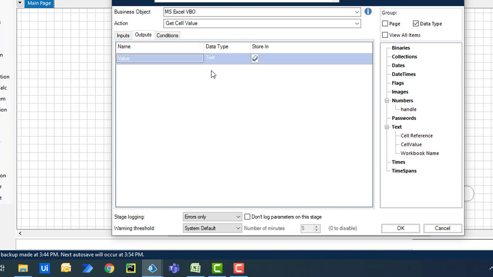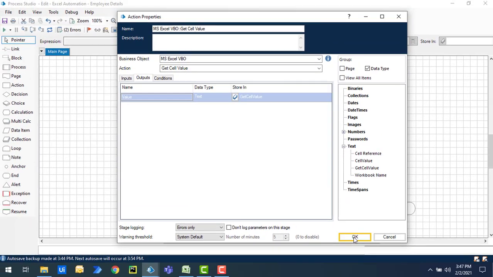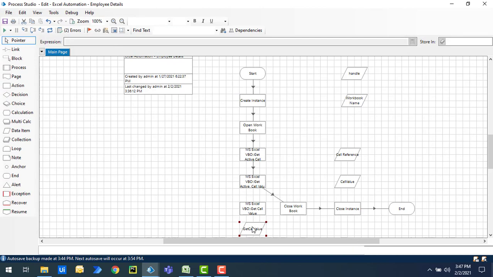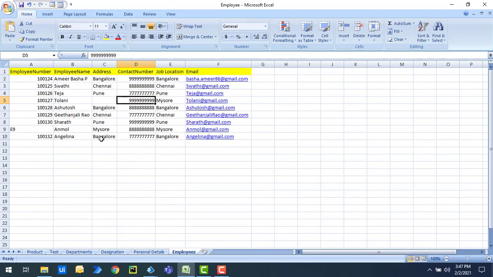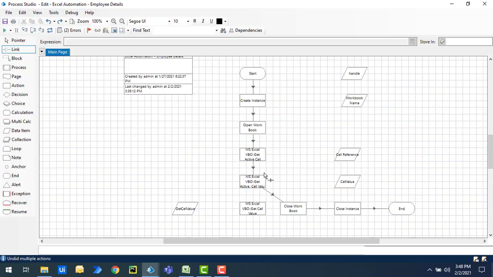The value which we are going to store, I'm going to call get cell value, store it in the data item, and then click on OK. Now if you see, C10 is Bangalore, but it is not going to get from the active cell. It is going to get the value which we have referred to inside the get cell value. Now let's link the actions to make you understand,